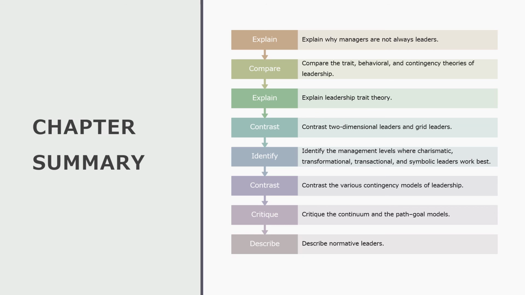So with this chapter, you're going to be expected to explain why managers are not always leaders. You should also be able to compare trait, behavioral, and contingency theories of leadership, be able to explain the leadership trait theory, contrast two-dimensional leaders and grid leaders, and identify the management levels where charismatic, transformational, transactional, and symbolic leaders work best. Be able to contrast the various contingency models of leadership and critique the continuum and path goal models. And lastly, be able to describe normative